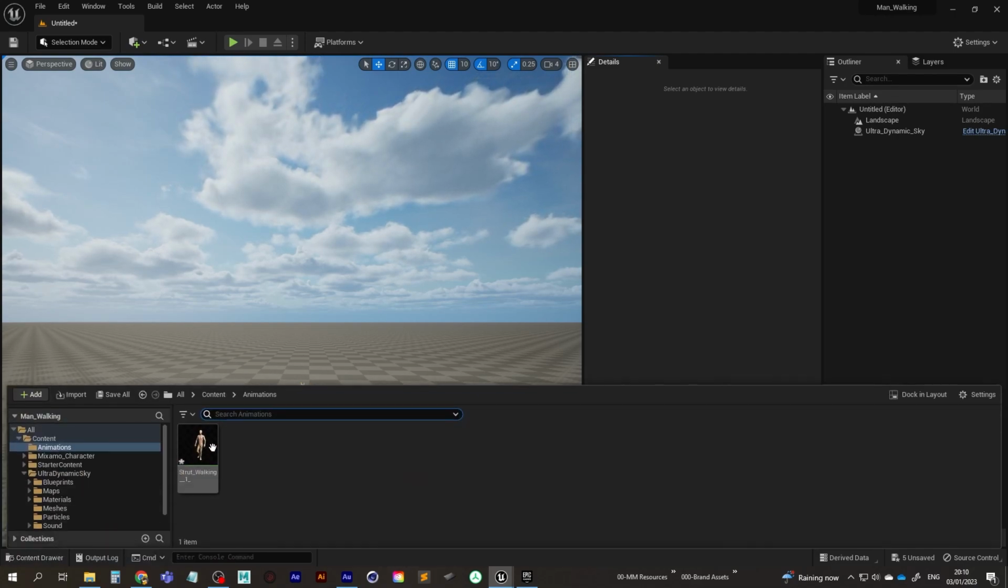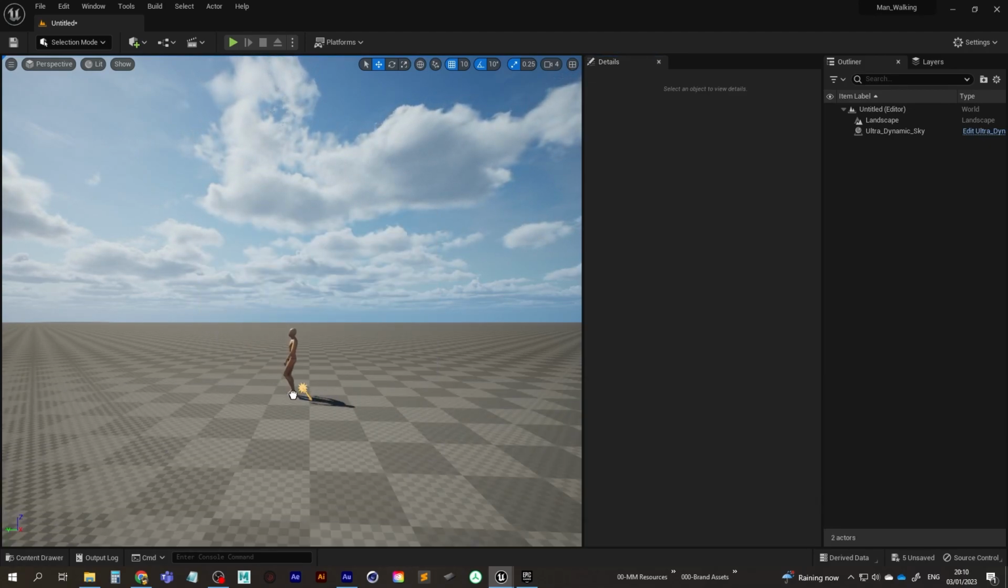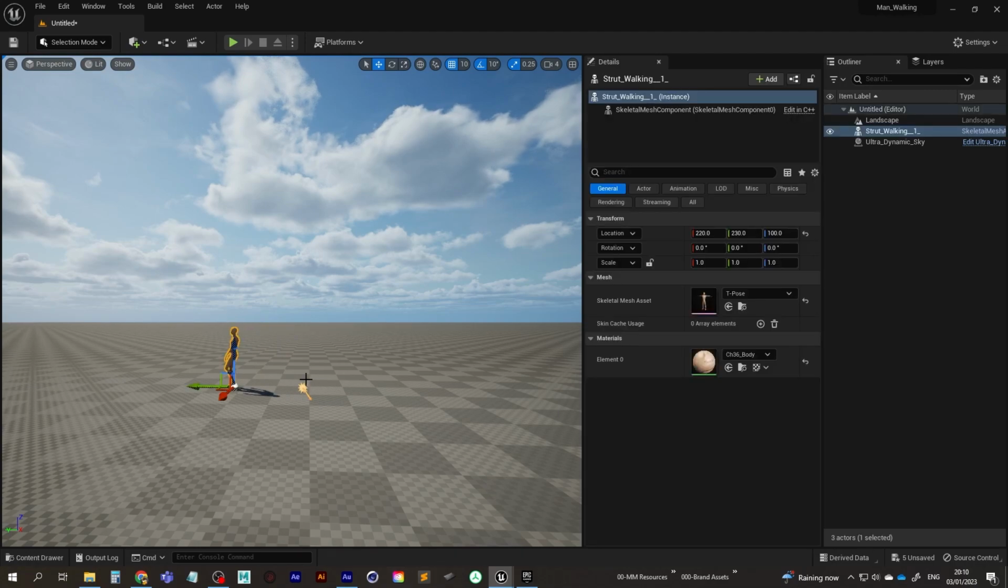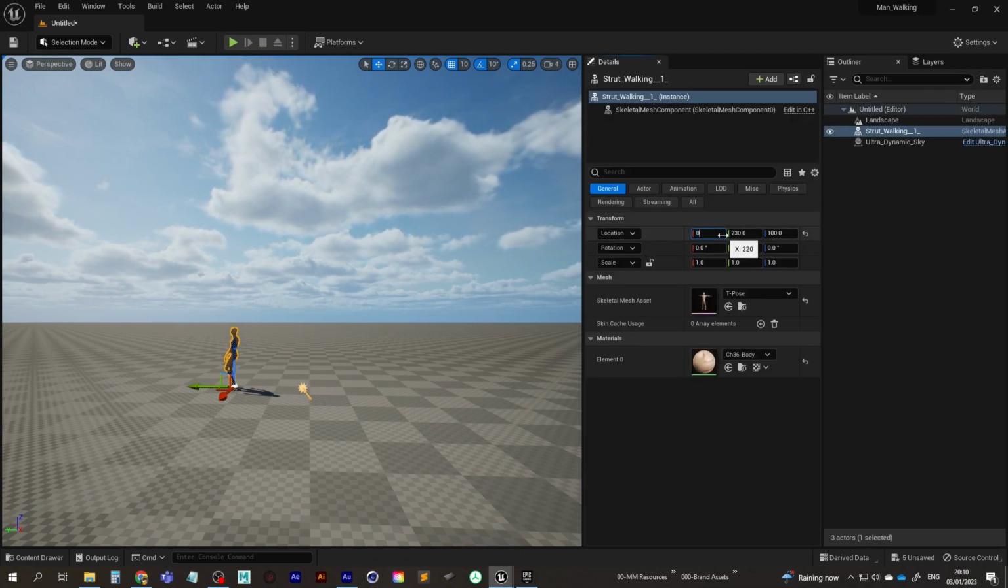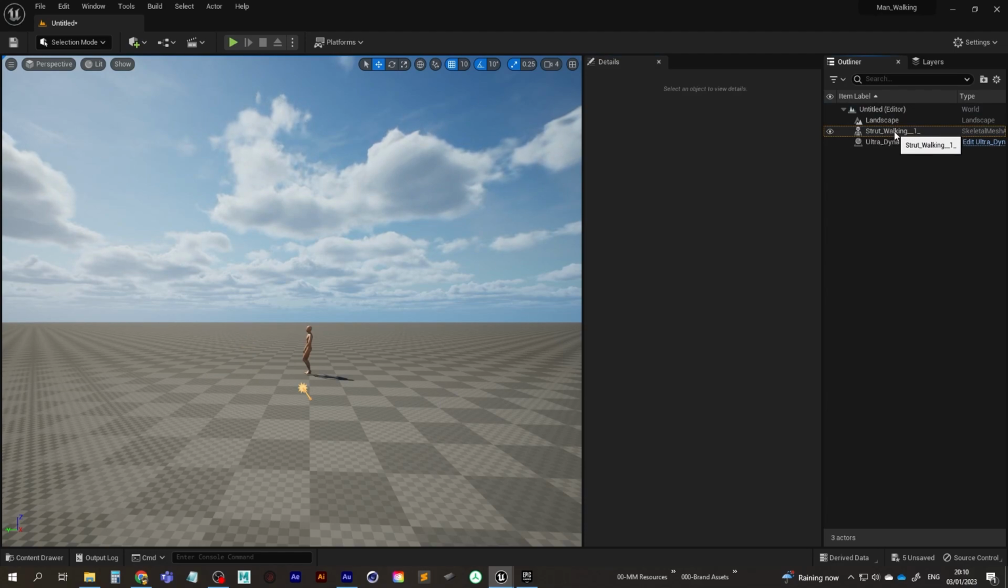So now if we go back to our content drawer, you can see that inside the animations folder we have our strut walking guy. So let's drag him in. We can pop him anywhere and then we can just reset the location to 0 here and 0 here. And now if we double click on the strut walking animation,